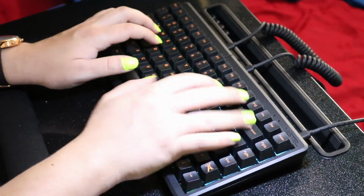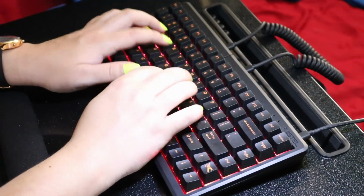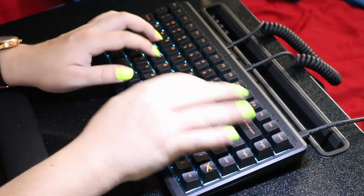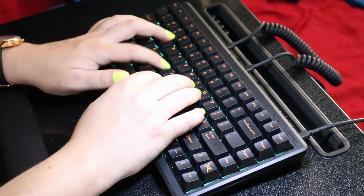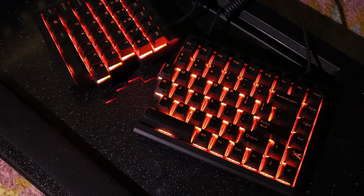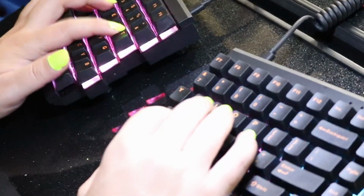We chose MX Blue in ours for that satisfying click and the linear feeling that goes well with typing and office work. The keycaps are double shot PBT and feel really good to the touch. They're smooth and feel durable, and because of the material, they're sure to resist the typical wear that comes with keyboard use over time, such as fading or that odd shine that comes with skin oils when they're left behind